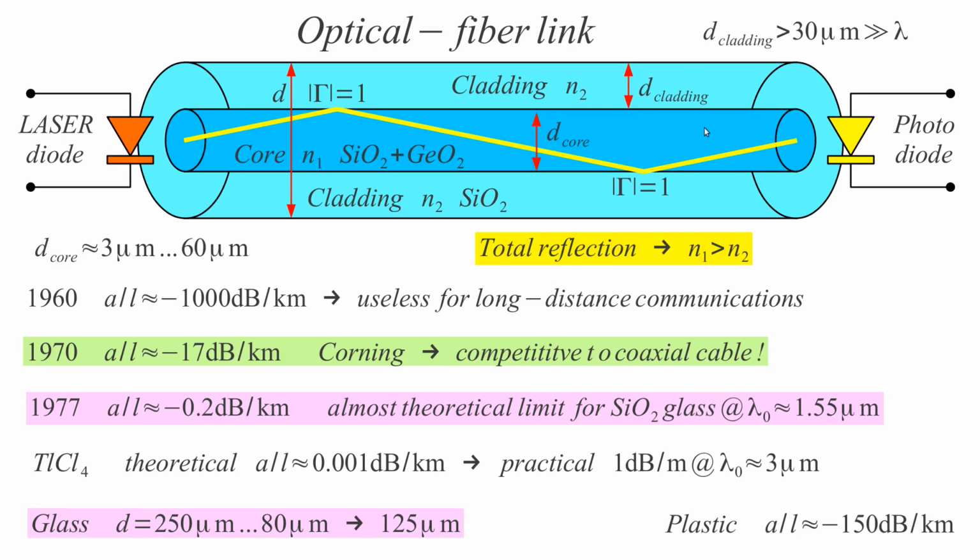What is the idea behind the optical fiber? Okay, we need a special light transmitter, and I shall look at that in the discussion on electronics. We need a laser diode to produce light, modulated light, and we need a photodiode on the other end of the link. So this is not a direct electrical communication. We need to convert an electrical signal to light and light back to an electrical signal. But the bare transmission line we have in between,